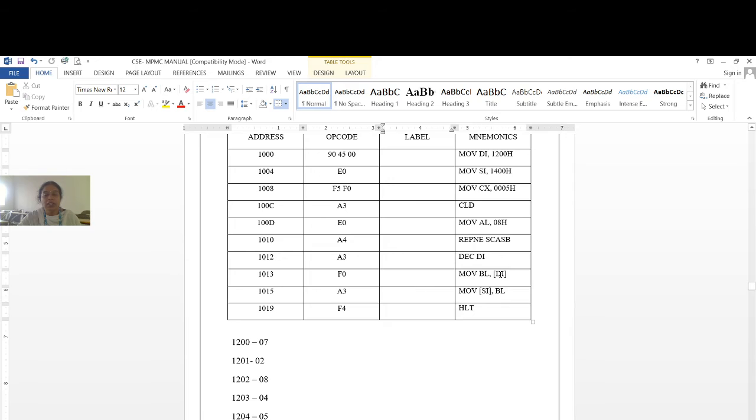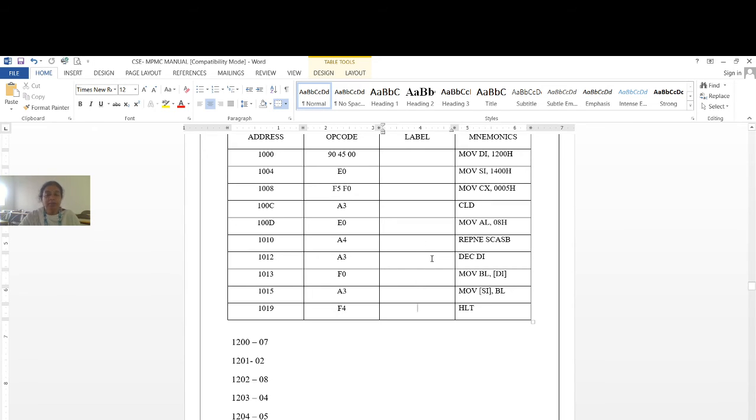The content at DI, that is 08, is moved to the DL register. From DL, that result is stored at the SI location, which is 1400. So the content, 08, is stored in memory location 1400. Clear? Okay, thank you.